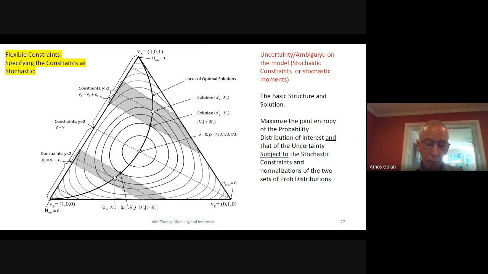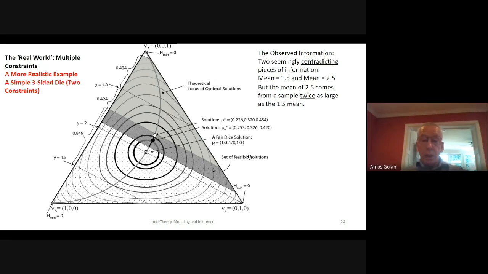It's different from the Bayesian, but this is the way it is defined here. And the same thing here: if you have some ambiguity or uncertainty about the value of this constraint, or maybe the constraint is a bit nonlinear but I put it as linear, then because it's more flexible, the solution will go to a point where it has a higher level of uncertainty. Of course, it makes sense. So now let's look at a first example, to see how it works, and then I move to some empirical example if we have time.